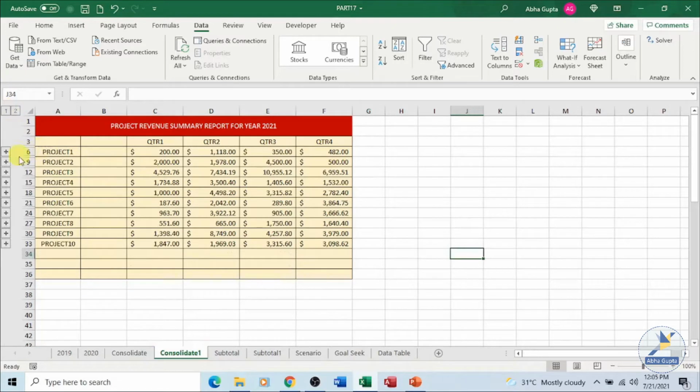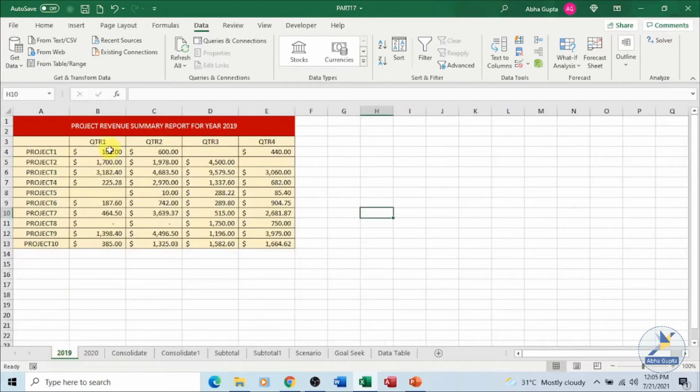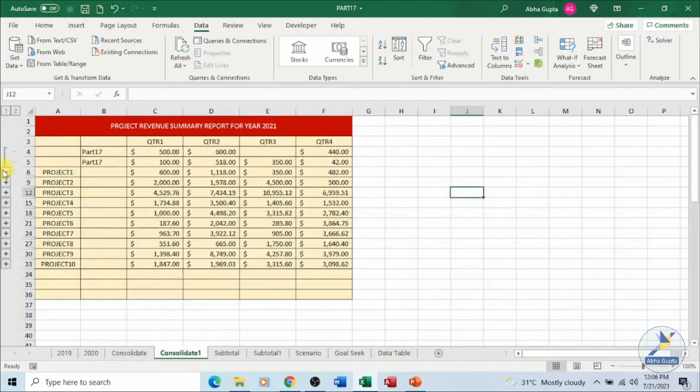Okay, let's go back to level 1 and let me show you the changes. In part 1, quarter 1 and 2, these two are 100. Let's change it in both the sheets. Over here we have 100, let's make it 500, and in here we don't have any value, so let's put 150. Now go back to our consolidated data, this one over here, and let's see the changes.